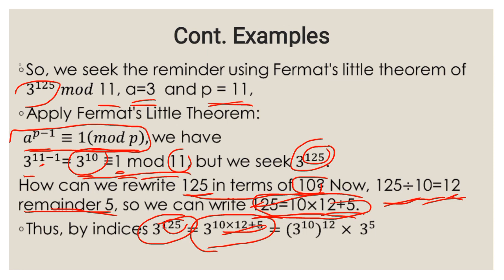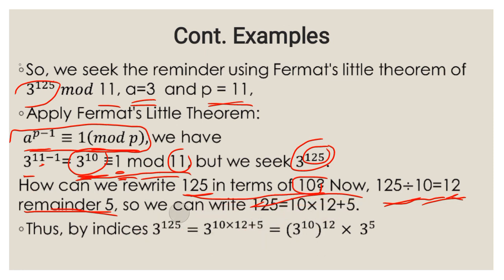So using indices, because I know 3 raised to the power 10 will give me 1, I made it my major concern. I just worked with it and brought it out. This is what I've done here. And this will be 3 raised to the power 10, all raised to the power 12. You can see that on the screen. So now we know that this is